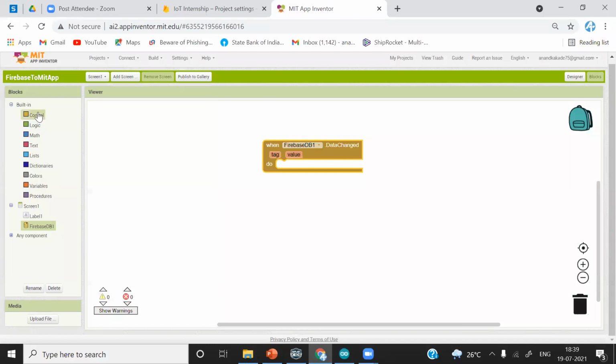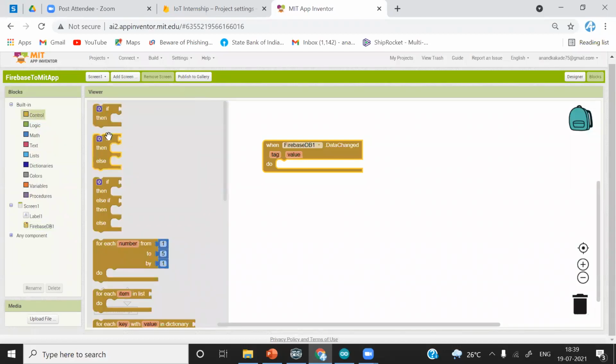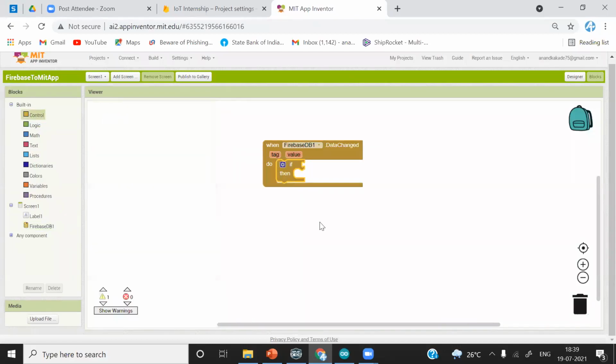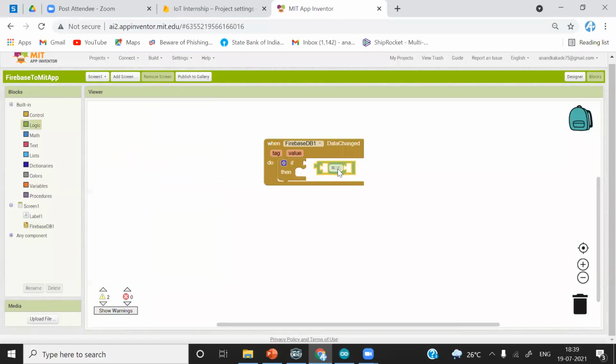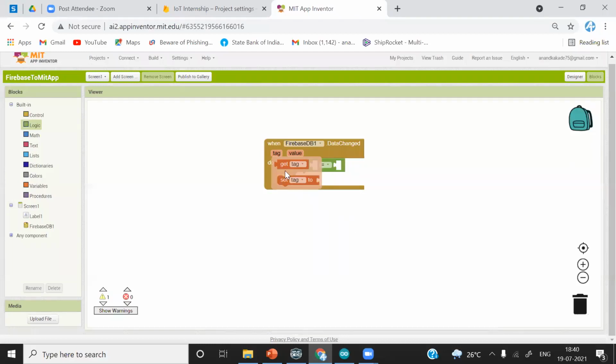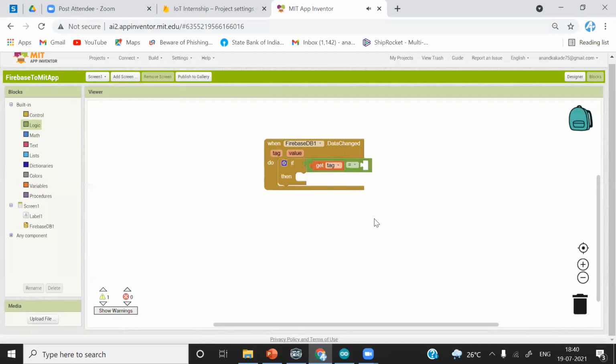Now we are going to need the if condition. I will simply tell you why. From there, we are going to compare. For comparison, I'll just simply show you. Go to logic to compare any number or string. Select this one and add to if. So first thing we are going to compare is get tag. So this is the first argument.